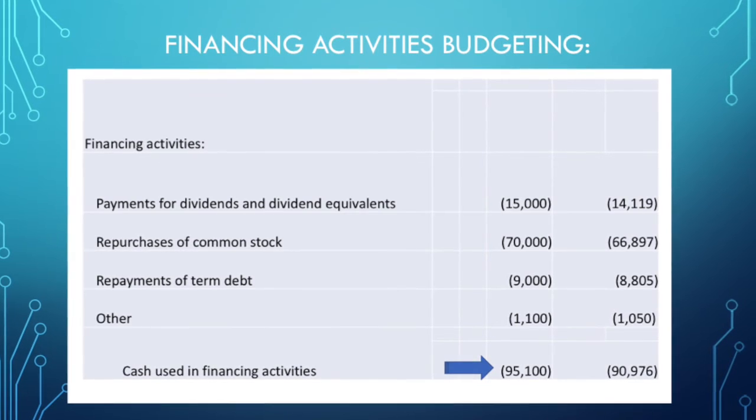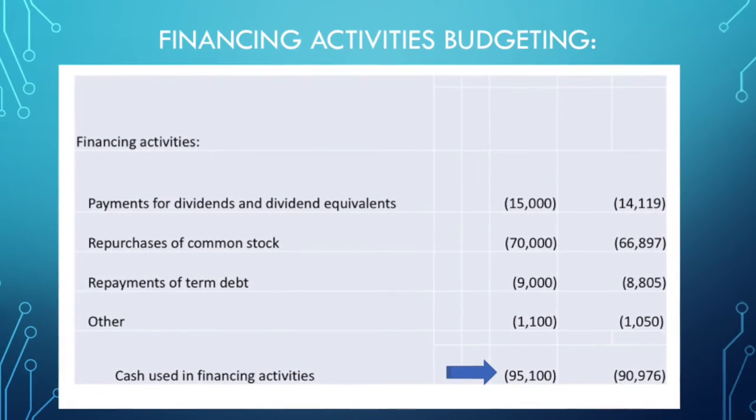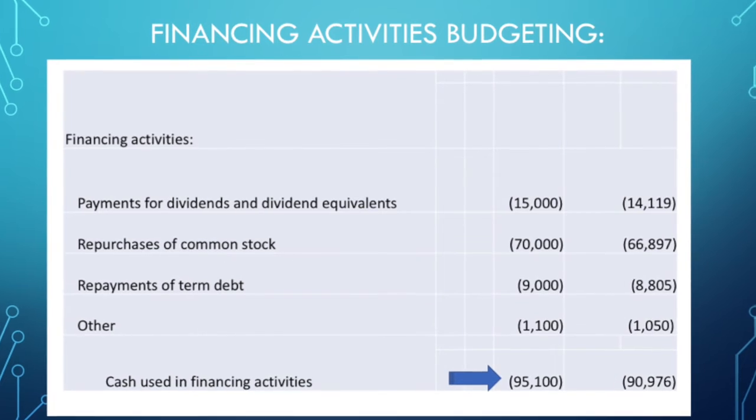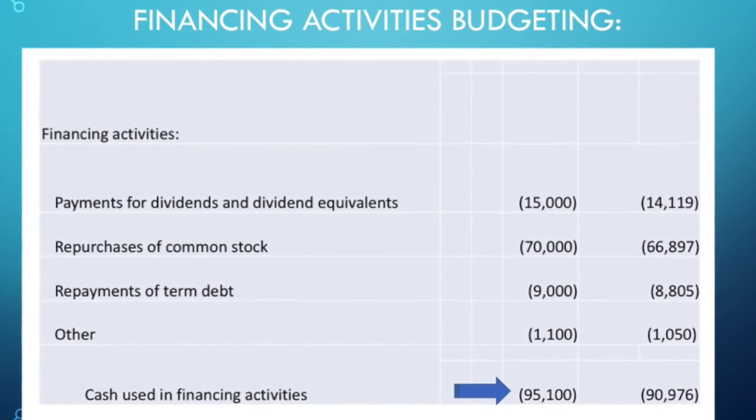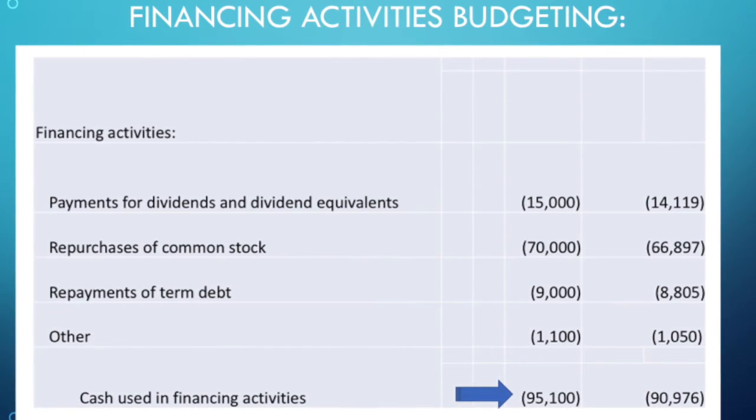So for financing cash flow, payments for dividends increase to $15,000 million, and repurchases of common stock will also increase to $7,000 million. So Apple will require investing $95,100 million to repurchase the company stocks. So in total, as an estimation, Apple will have a total of $76,034 million in cash in the year of 2020, which is higher than 2019.